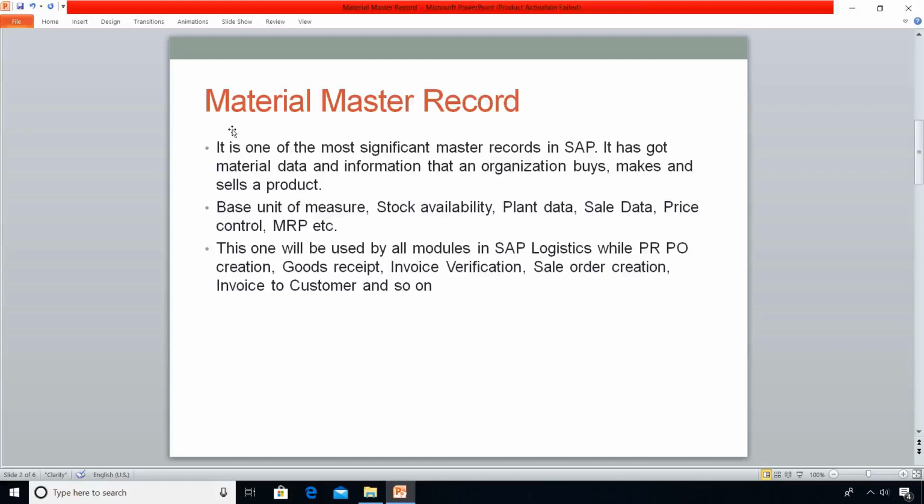What is Material Master? Material Master is one of the most significant master records in SAP Materials Management. Literally, this one has data and information about the material that a company procures, makes and sells. Material Master contains views and fields. Material Master will play a vital role in SAP MM,